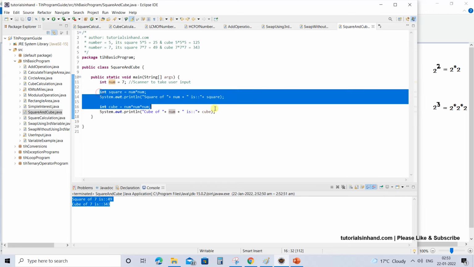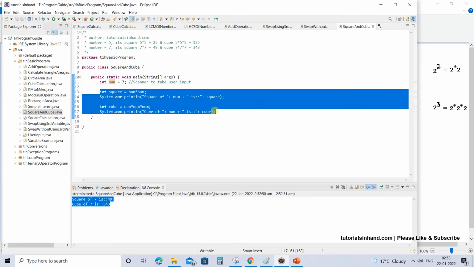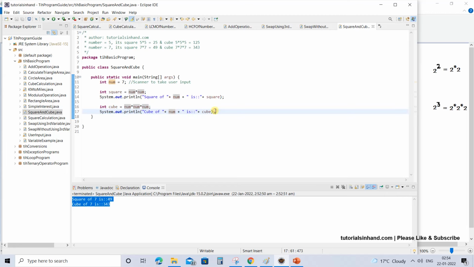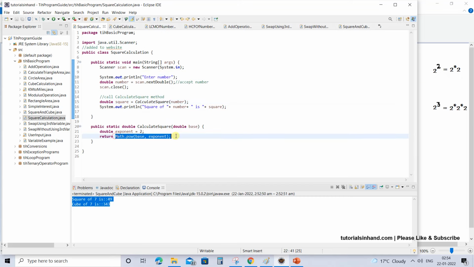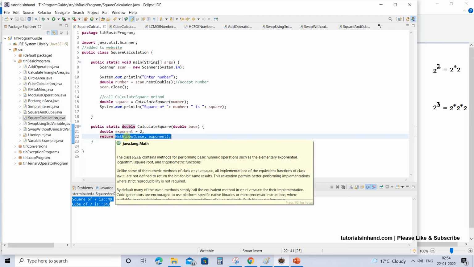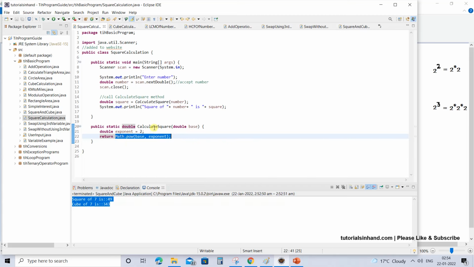This is the simplest way of writing the code to print the square and cube of a number, but you can also use Math.pow, something like this: Math.pow, base to the power of exponent. What it is doing is, exponent is 2 and base is the number that you have provided.